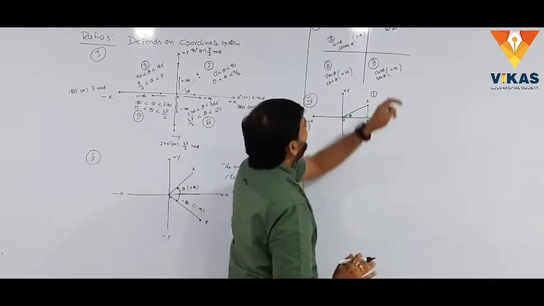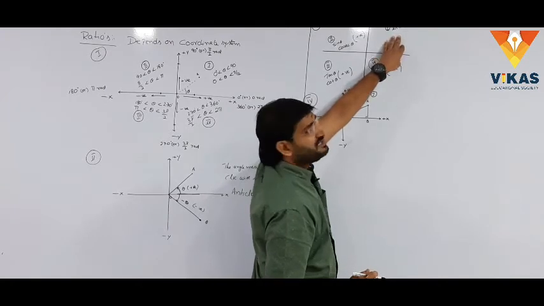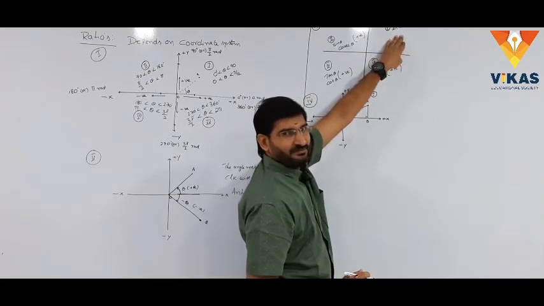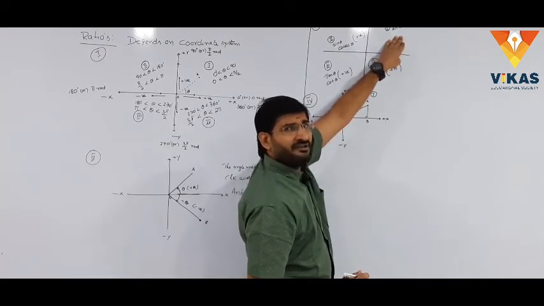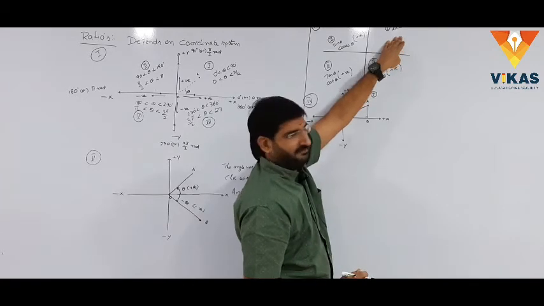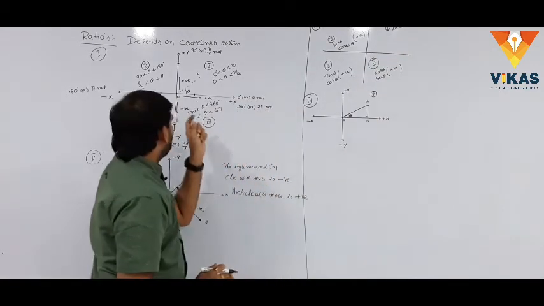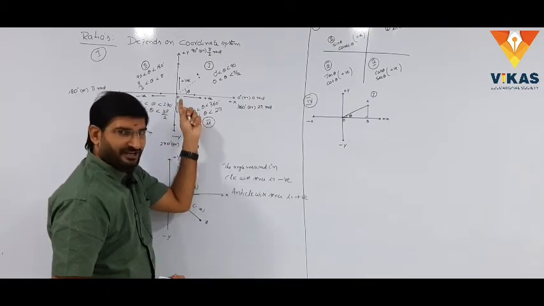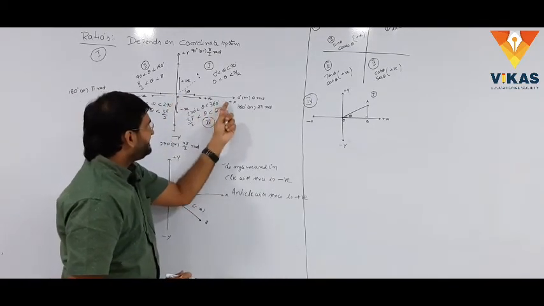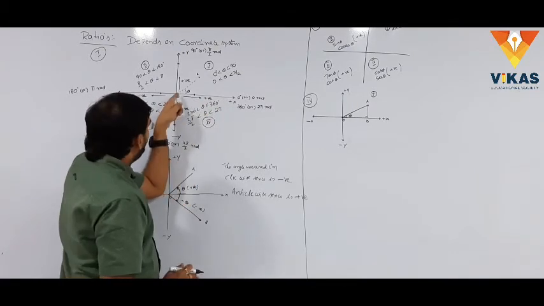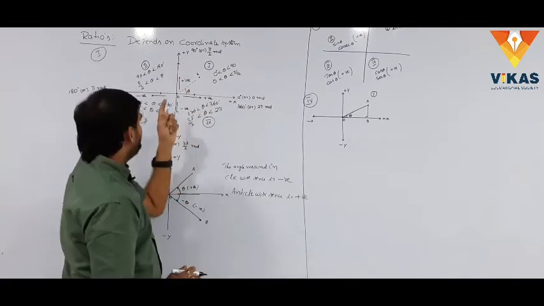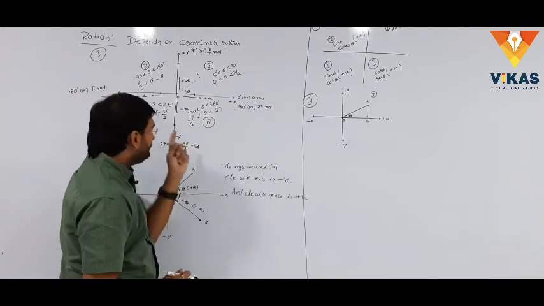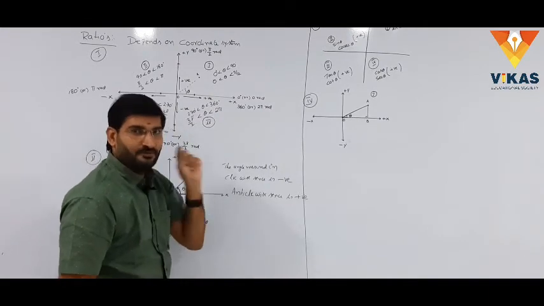According to our concept, all trigonometric values are positive. Why are the trigonometric values positive? I will explain clearly. Here we observe clearly, all the distances measured from the origin, which are along the positive x-axis are positive, positive y-axis are positive, negative x-axis are negative, negative y-axis are negative.